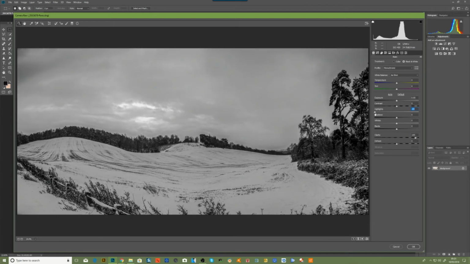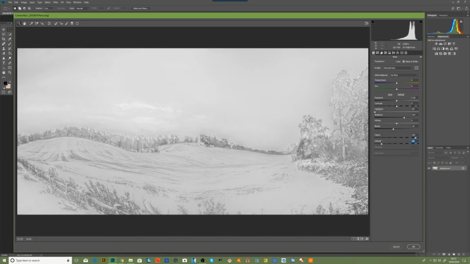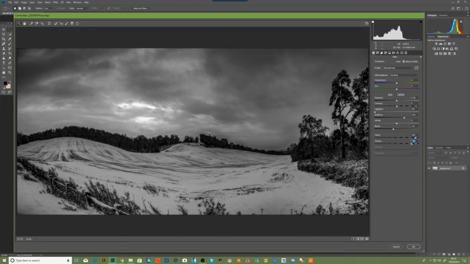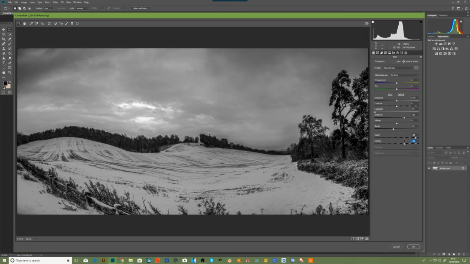Bring down the cloud, so you've got a lot more cloud showing up, but also at the same time bring the shadows up a little bit. You've got dehaze now, so you can make it really quite cold feeling right into the clouds. But as you can see, there is noise now protruding. See how far you take that before it... There you go. So something like that would give you the